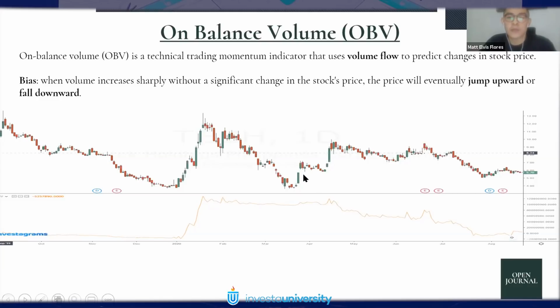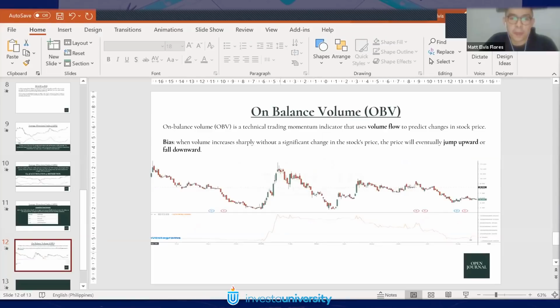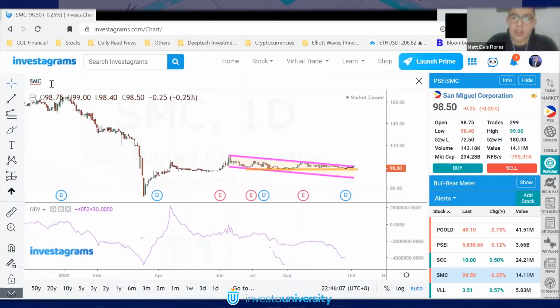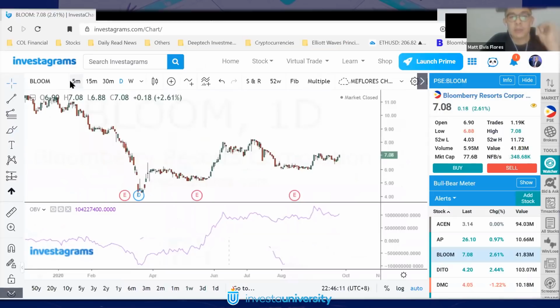So, let's just give you an example. So, let me share my screen. So, again, that's a bonus. That's on-balance volume for you to easily identify if the stock is on accumulation or distribution. So, ano ba yung merong mga accumulation? Tingnan natin sa blue. Dito mo rin mapapansin,